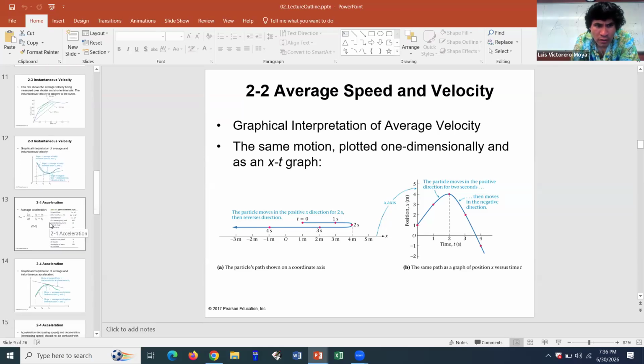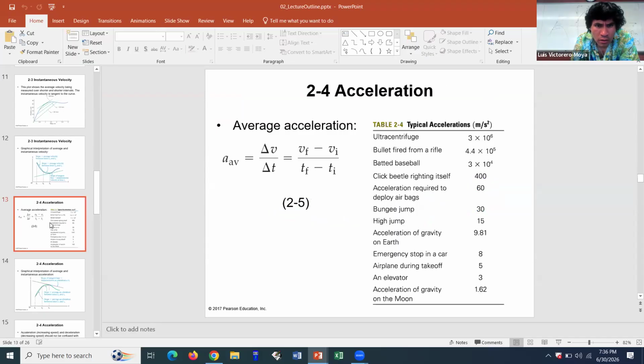So now we have defined displacement, velocity, average velocity, instantaneous velocity. We can also define acceleration. Okay? So if velocity is displacement over time, acceleration is change in velocity over change in time. So average acceleration, or acceleration, is the rate of change of velocity, right? And eventually, in many applications, we can just say that acceleration is the rate of change of speed,